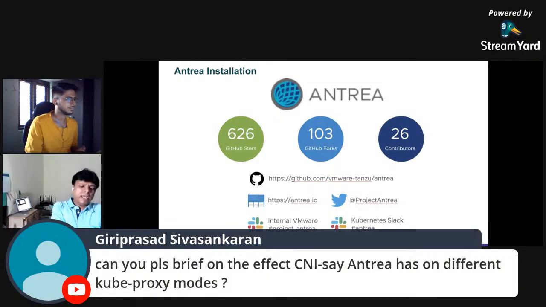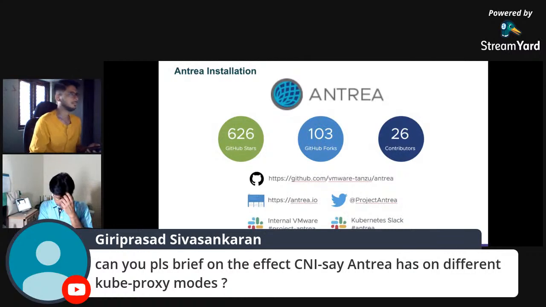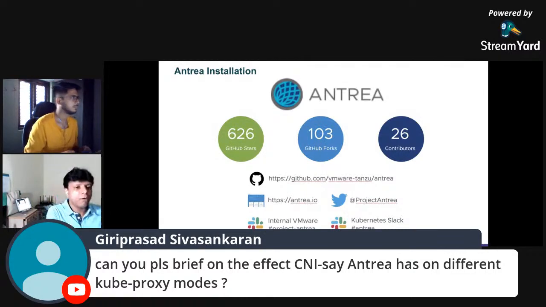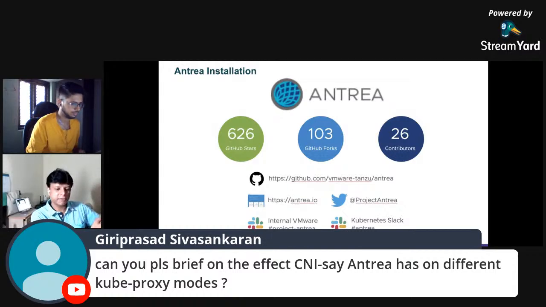So there is one of the new additions. It's a kind of work in progress feature. The Antrea community has an objective to offload the cluster IP service implementation to Antrea agents itself, rather than offloading it to iptables, because currently kube-proxy is leveraging iptables capability to create the services, right? You're creating forwarding rules in the iptables.